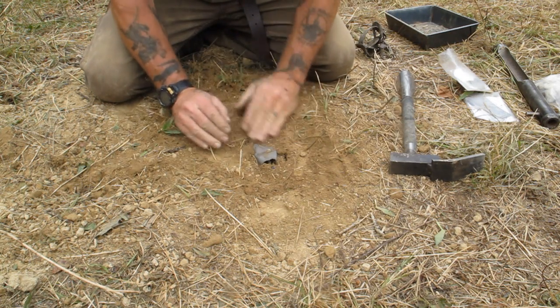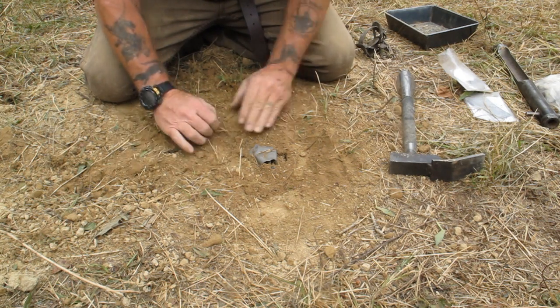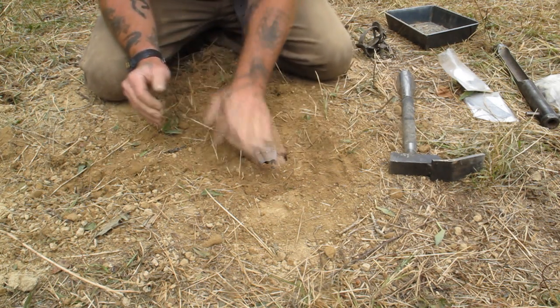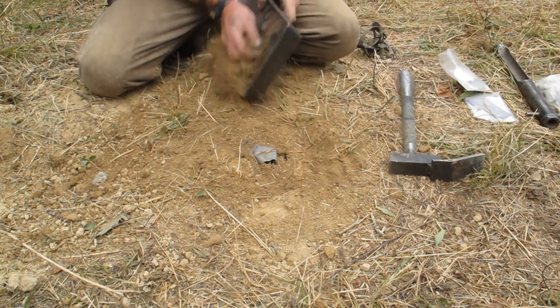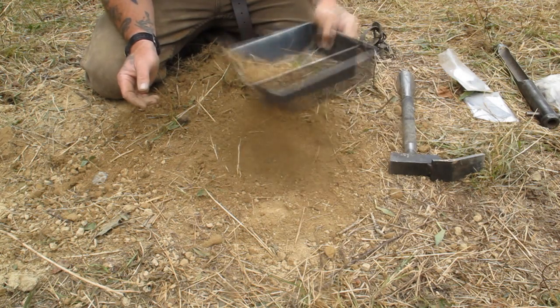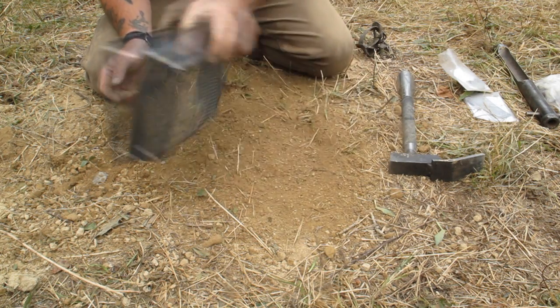There we go. Get the heavier chunks out of there. We don't want them in there. Okay, now we're ready to go back to sifting dirt over the top, just like this, to make it look natural. And then, again,